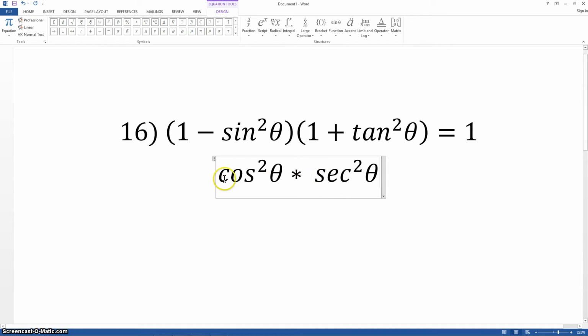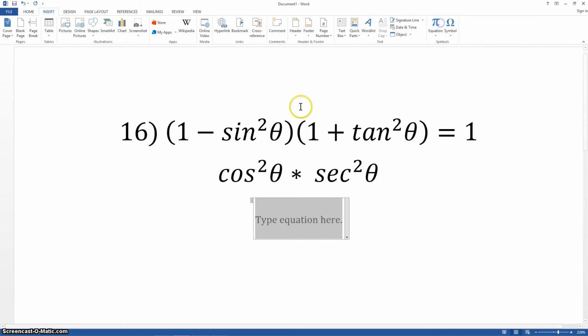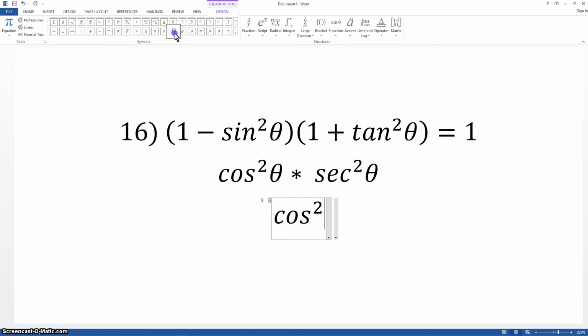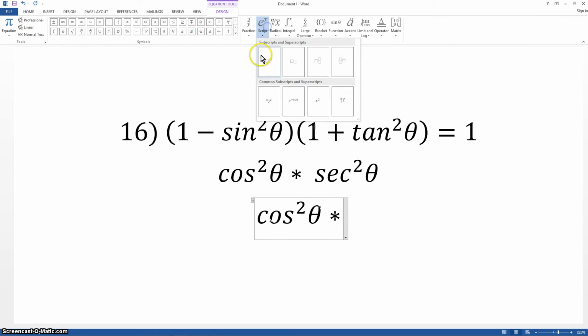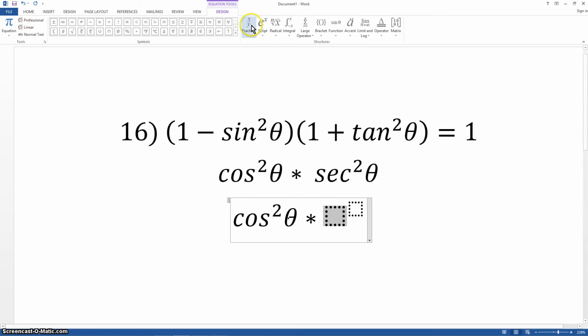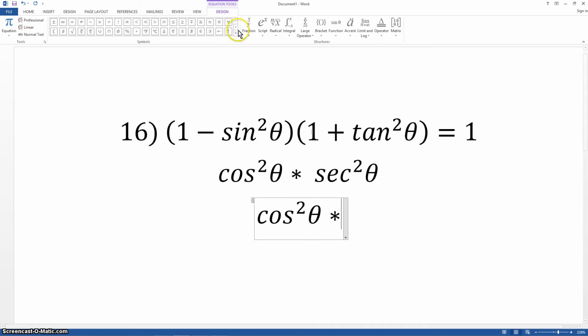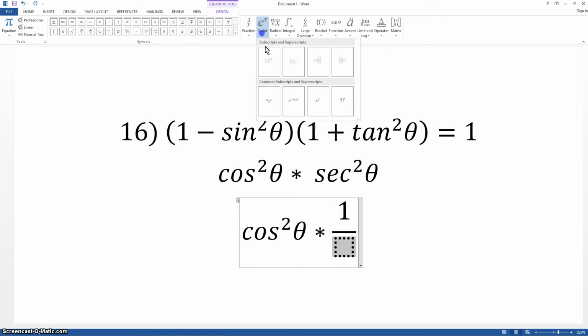Let's go ahead and change one of these. Actually, we can change this one. We're going to change that one and keep the cosine squared of theta multiplied by secant, which is 1 over cosine. So secant squared is 1 over cosine squared